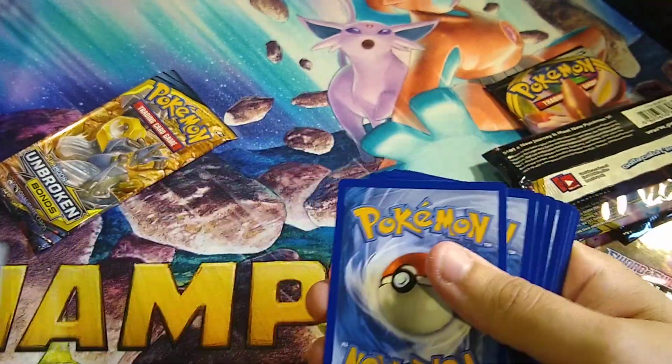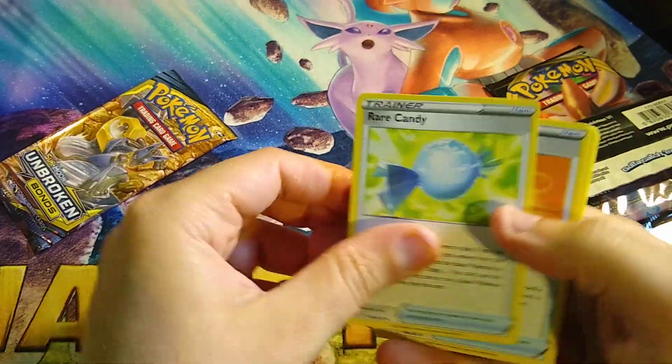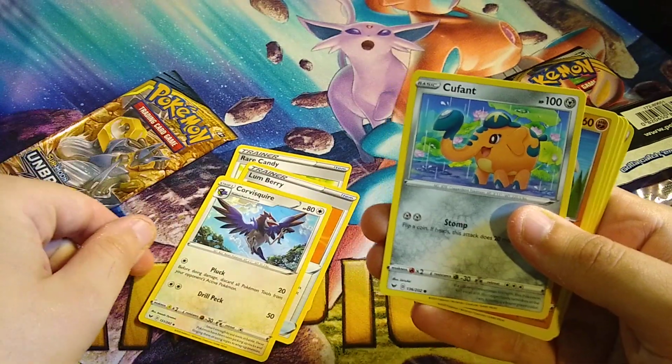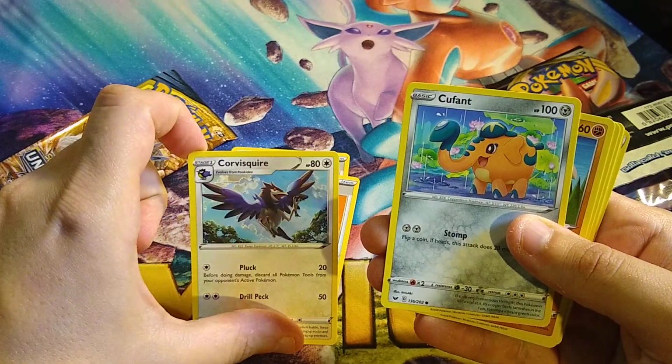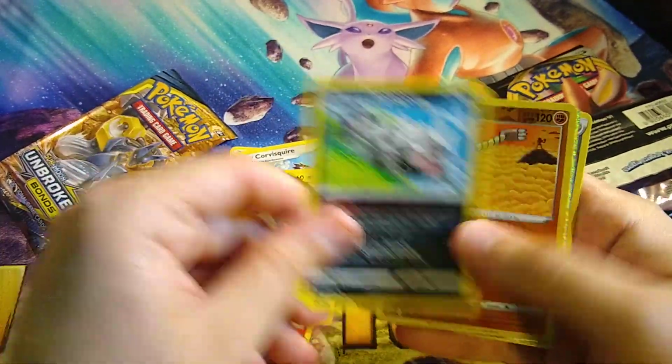We got a white code. Let's go. Rare Candy, Lumberry, Corvusquire? Huh. Had no idea that was a Pokemon. All right. Chinchou, Solizipede, Zigzagoon,